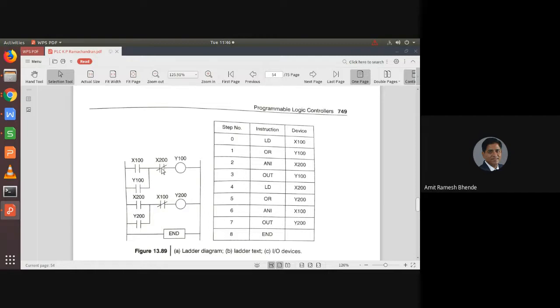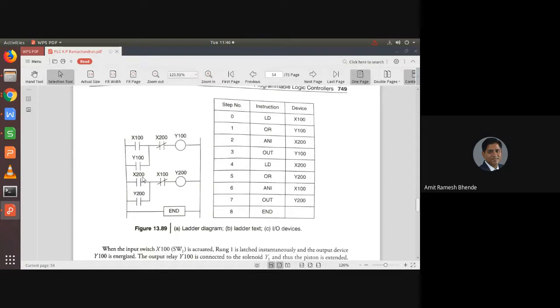ओपन और एक नॉर्मली क्लोज। नॉर्मली ओपन वाला कौन सा, जिसके प्रेस करने से आपको y100 ये इनपुट चाहिए, ये नॉर्मली ओपन रखा। और y100 को क्या किया, लैच किया x100 के साथ। इसका मतलब क्या है कि x100 आपने फॉर फ्यू सेकेंड्स भी, फ्यू मिली सेकेंड्स के लिए भी अगर प्रेस किया तो भी जो y100 सोलेनोइड है ये कंटिन्यू रहेगा और आपको फुल एक्सटेंशन ऑफ मोशन मिलेगा।